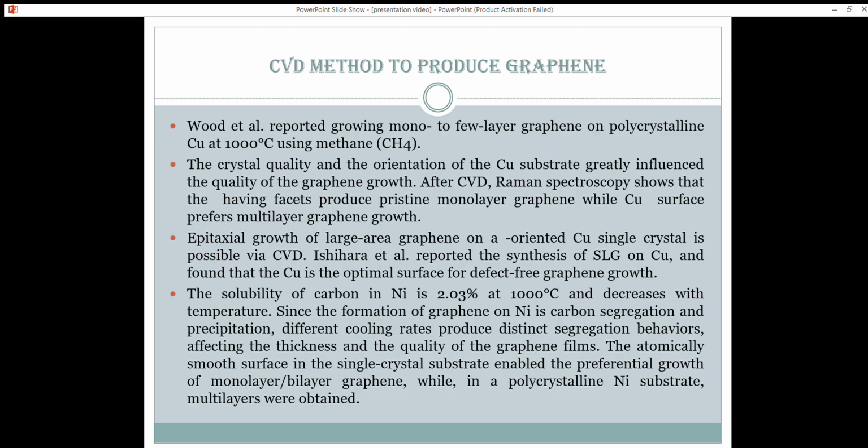The atomically smooth surface in a single crystal substrate enables the preferential growth of monolayer or bilayer graphene, while in a polycrystalline nickel substrate, multilayers were obtained. So these are basically techniques for how we can obtain monolayer, bilayer, or multilayer graphene. These are various methods through which we can produce mono, bi, or multilayer graphenes. Moving on to the next,